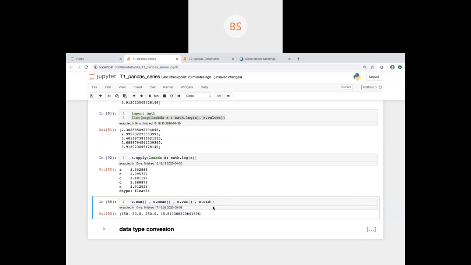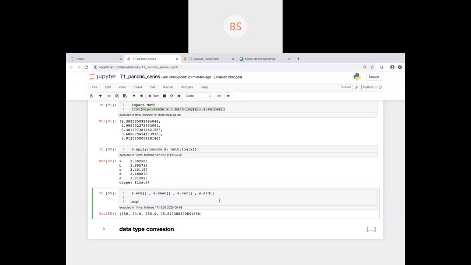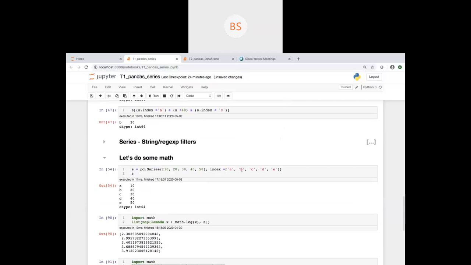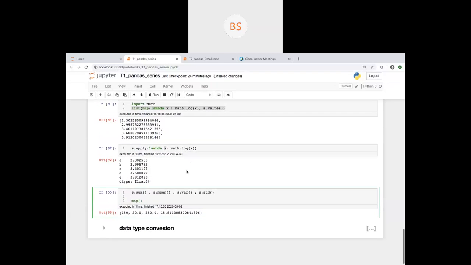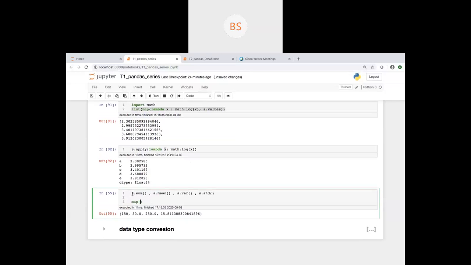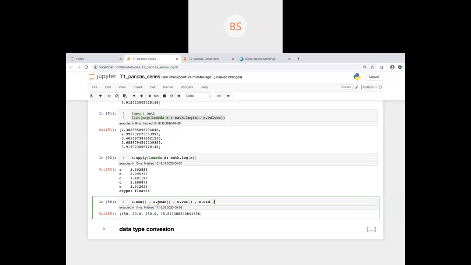Finally, just use it. Don't do it the Python way, where I do the map, write a function to calculate a mean, and then pass this series, which is what I am doing here for math.log. Just do it. Pandas comes with a lot of mathematical functions that you have to check. And you don't need to import any math library or anything like this. Just use this function, sum, mean.